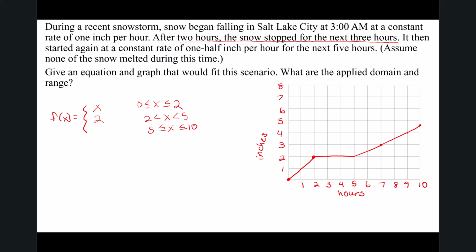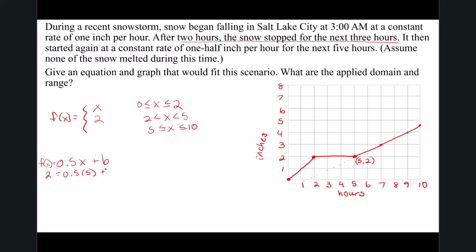We need to figure out what that equation looks like. For that part, we have 1/2 inch per hour, and we need to find the y-intercept. If I was to keep graphing here, where would my y-intercept be? It's hard to tell on the graph because it's a hand-drawn graph. So I'm going to say, if I know that f(x) is 0.5x plus b, and I also know a point on that graph, I'm going to use the point (5, 2). If I plug in 5 for x and 2 for y, I have 2 equals 0.5 times 5,